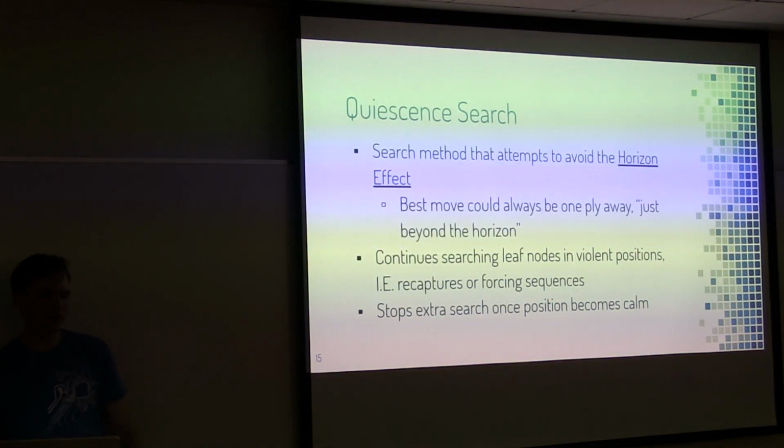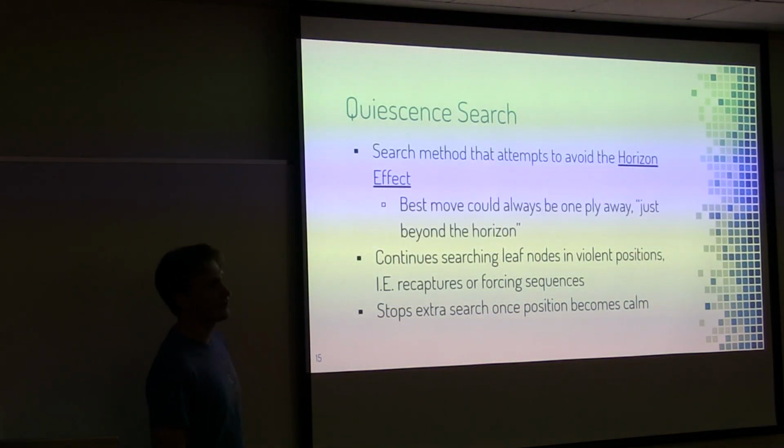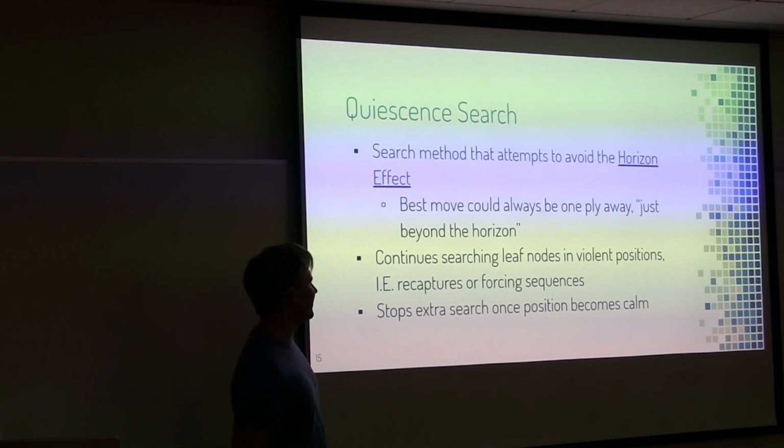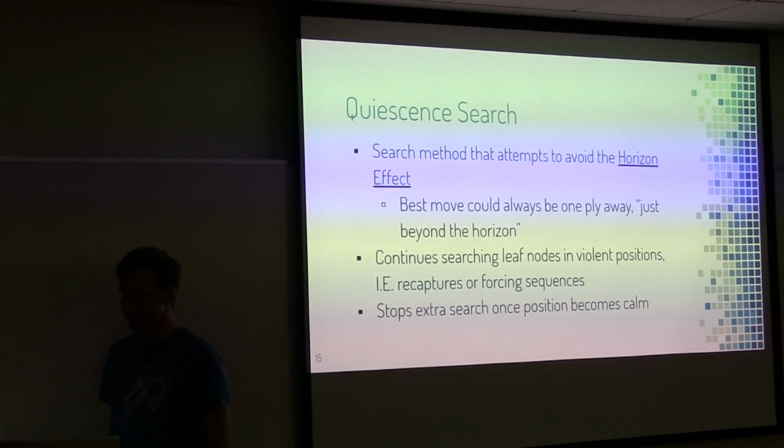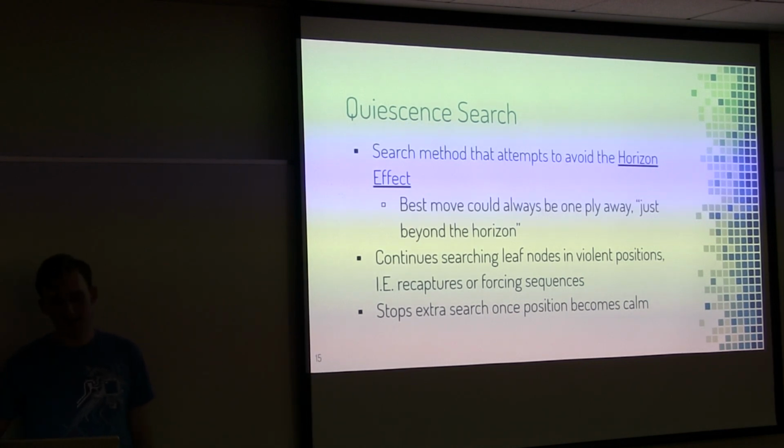But anyway, this is a very important one. Quiescence search, which is trying to combat something called the horizon effect. If you're into chess programming, you may have heard that before. If we're searching to a certain depth, the idea is that the end of the sequence, or a key move, could always be one depth below what we're searching. So it's kind of like you're looking out at the horizon, and the answer you're looking for could just be right around the corner. So no matter how deep you search, you might encounter the horizon effect, and that can ruin the effectiveness of your search.